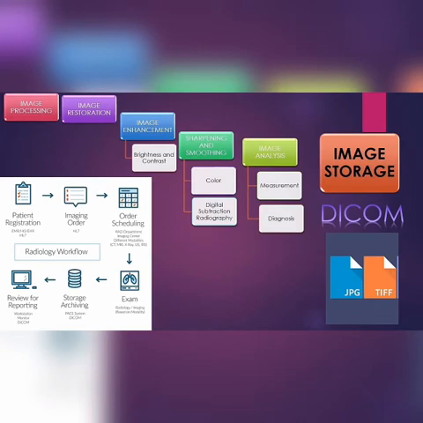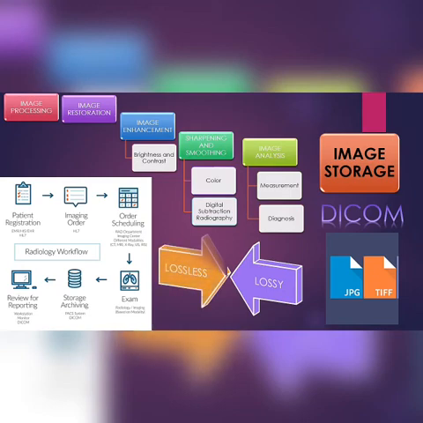Okay, so basically the image will be compressed. The compression basically is to reduce the size of the digital image files for archiving and also for transmission. Okay, so these compression methods basically involve two techniques. Okay, lossless method and lossy method. From the name itself we can understand, right? Lossless means it is not going to discard any image data, and it will be just an exact copy of the image, and it will be reproduced after decompression. Lossy method, basically it is going to achieve a higher level of compression by discarding the image data, and it will slightly affect the diagnostic quality of the image. So this is about the image storage.